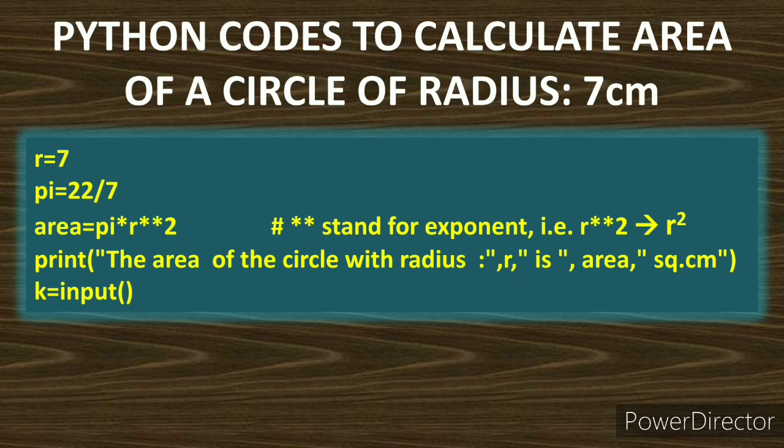So it will be like that: the area of the circle with radius 7 is, now this area will be calculated at the given value, and then even square centimeter, again it is going to be text. And the next line is nothing but k equals input. Now this input statement is written on the right hand side. This is only to keep the display stable on your monitor. Otherwise you are just going to have a glimpse of the output, and then it is going to be wiped out. Just to keep the output on the desktop, I'm putting a cursor there, so that until you press any key on the keyboard, the output will be there.